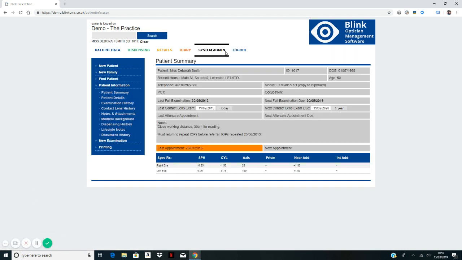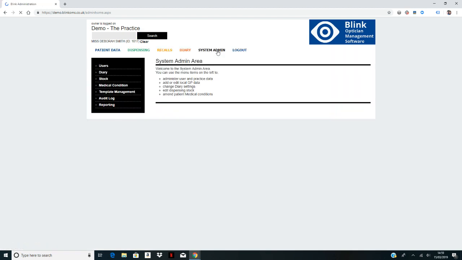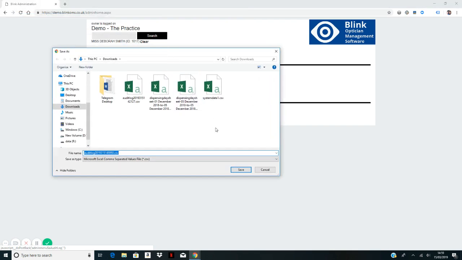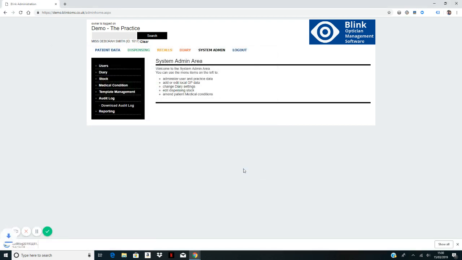And then the final feature that I'd like to just show you in this video is if I go to System Admin, it's the audit report or audit trail. If I go to Audit Log and download Audit Log, all the time that we've been using the system, there has been a record being stored of all of the requests that we make. And so the audit log I've downloaded here,